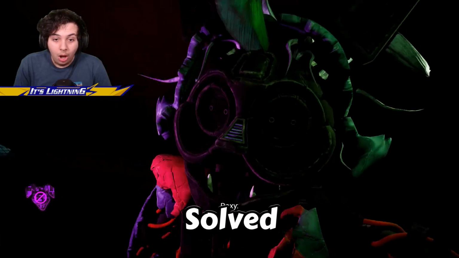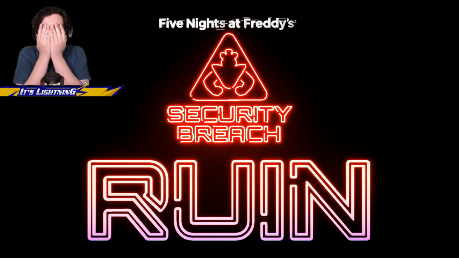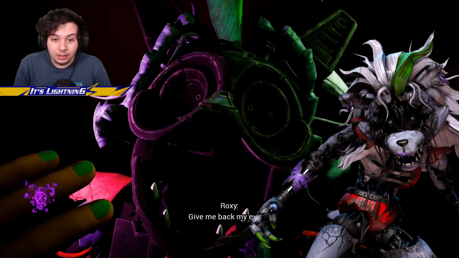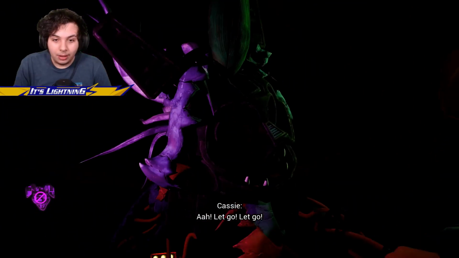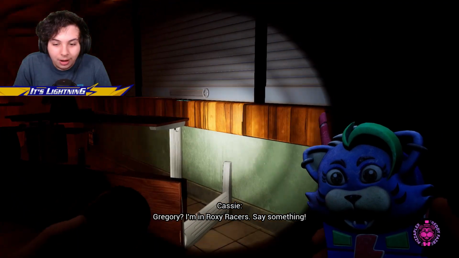I think I just solved why Roxy has a different endoskeleton in the most recent FNAF Freddy's Ruin DLC. And it's not because Steel updated her design for Ruin. The real reason actually makes a lot more sense than that. I don't know why I haven't seen anyone talk about this, not even MapHab, even though it's really important to